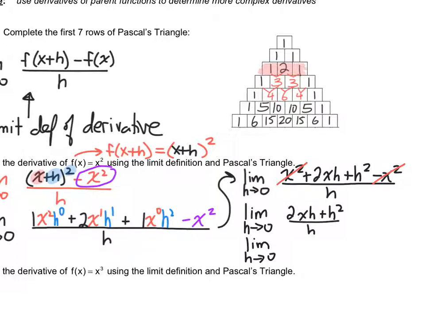I'm sorry. Anyway, 2x plus h. Now we can apply the limit because the troublemaker was the h on the bottom. The h on the bottom's gone because it divides evenly into each of the terms on the top. And now I can plug my h of 0 in, get 2x plus 0, which is just 2x. Alright, so that's my derivative